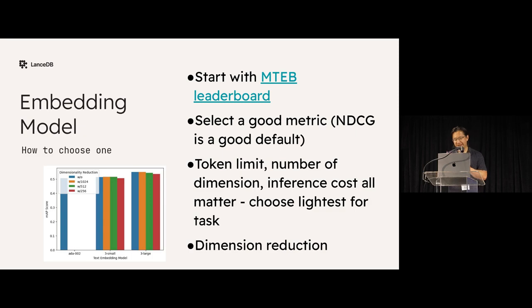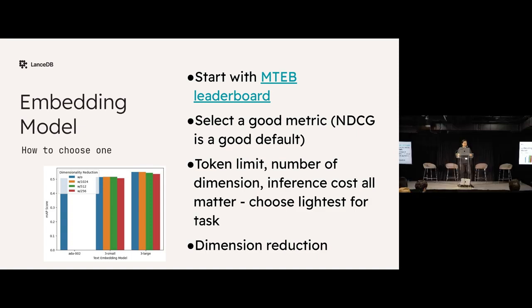And again, let me see. Yeah. So we did some benchmarks, and if you compare just the ones across OpenAI, on the left you see Ada 2, and then text embedding 3 small and large, and then reduced to 1024, 512, and 256 dimensions. So no surprise that as you reduce the dimensions for the same model, the quality goes down slightly.